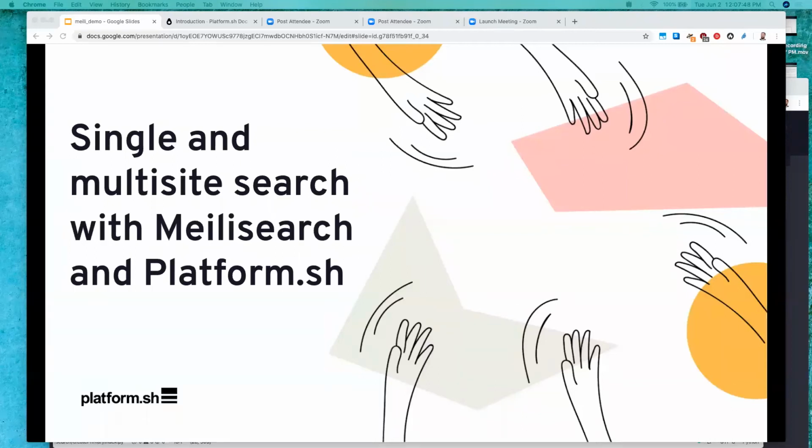Today, I wanted to talk a little bit about search. During our most recent migration of our public documentation, which we did from Gitbook to Hugo, we ended up choosing Meilisearch as our primary search engine for our public documentation. And that didn't just give us this really fast and great search option than we had previously, but we are